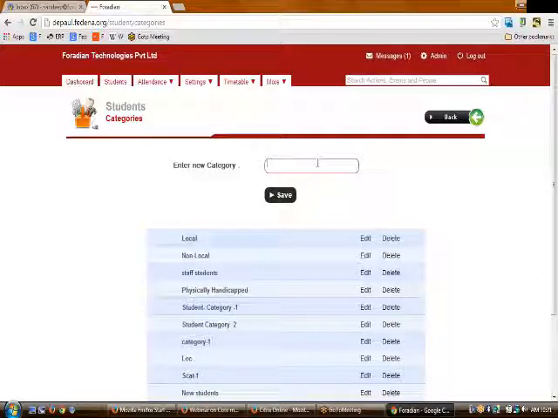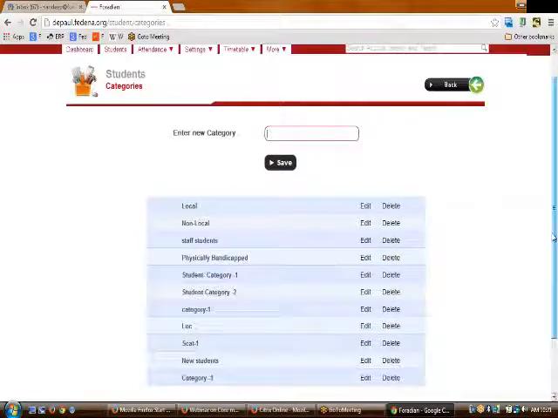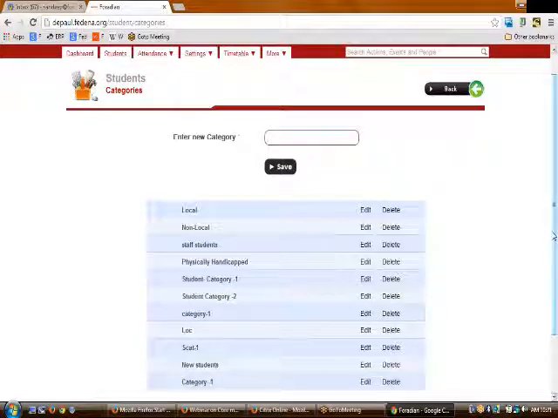So once you're done with this, whenever you try to admit a student, all these options that you can see will be available as a drop down, and you need to select under which category the student who is getting admitted is to be categorized. Then comes the